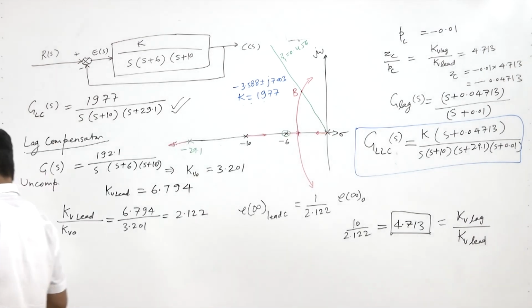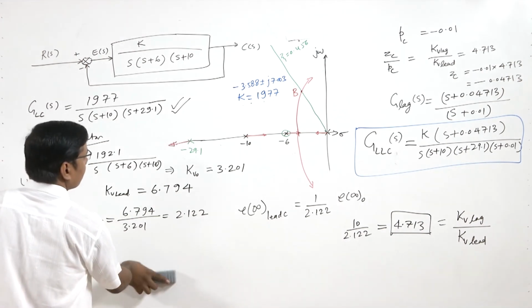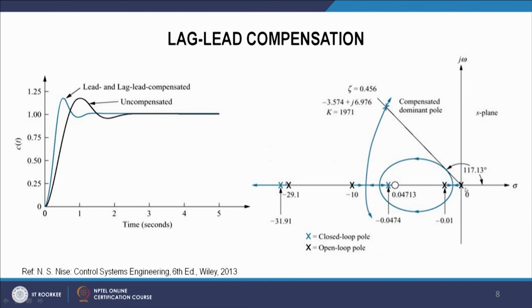Now we can plot this root locus, and so here we can see the root locus of the lag lead compensated system. So one pole at origin, then this pole at minus 0.01, there is a 0, and the root locus is passing through this point, and this is the response of lag lead compensated system, and this is uncompensated,